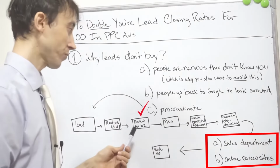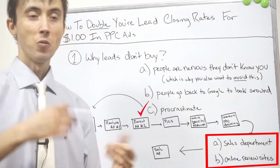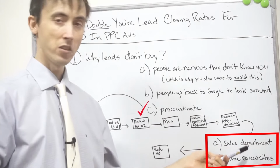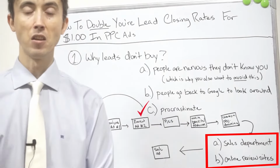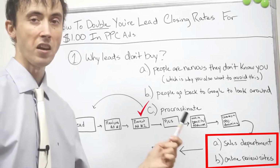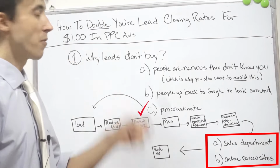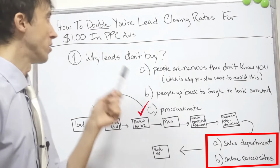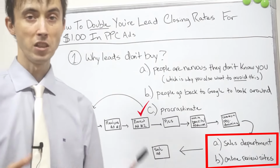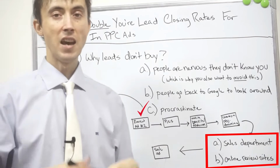I've got close to 20 ads in our sequence for GuaranteedPPC.com. We have videos, we have banner ads, which, by the way, if you can do video, more power to you. Some people like video more. It also adds another element of trust. If you want to really get extra credit on this thing, also do video. But anyway, that kind of covers the whole system of what you're going to be able to do and need to do to double your lead closing rates, however you're getting your leads right now, how to double the close rates from them. And for $1 in PPC ads,